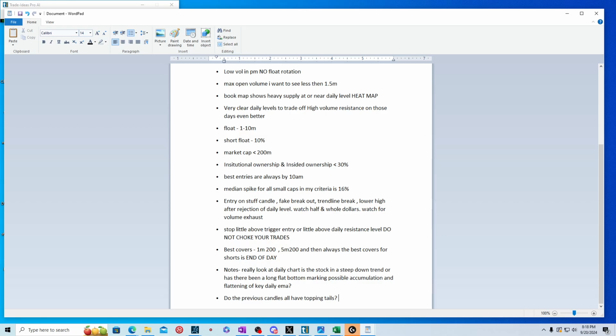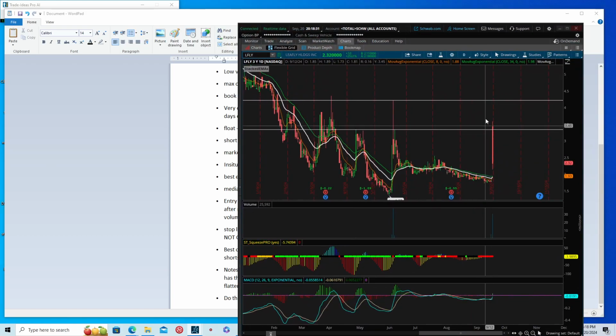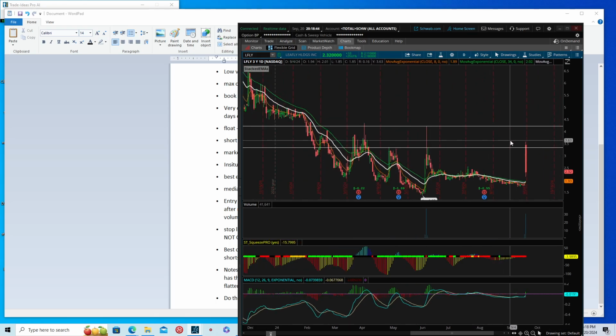They look like this, you guys. This is like today, all right? Ideally, you want to find a gapper or gappers that gap up, and every time they gap up, they show you this. This is what I call a paint stripe. That means all it did was pop a little and then dump all day. Now over here, when it gapped up,